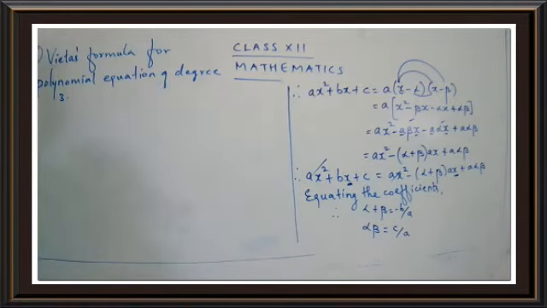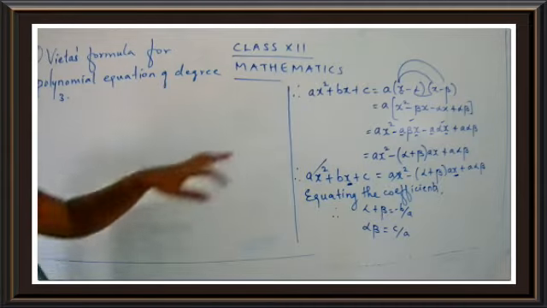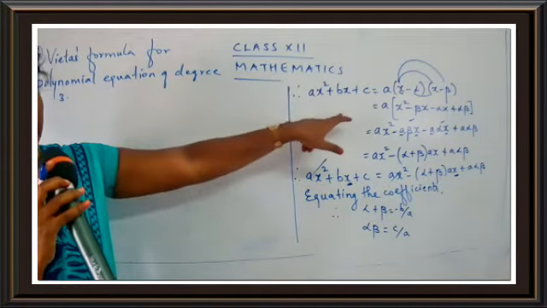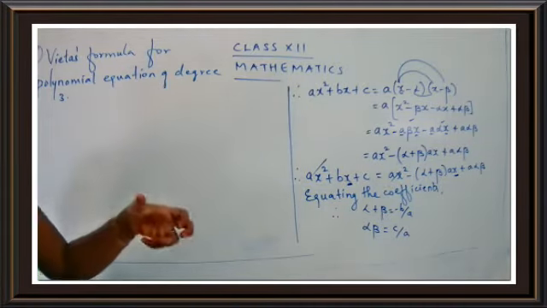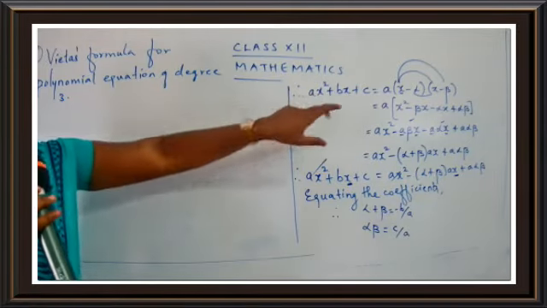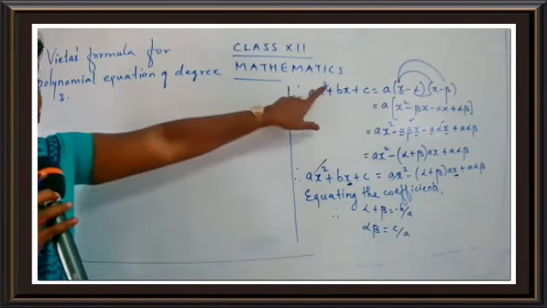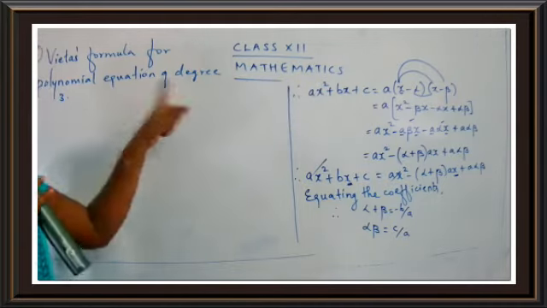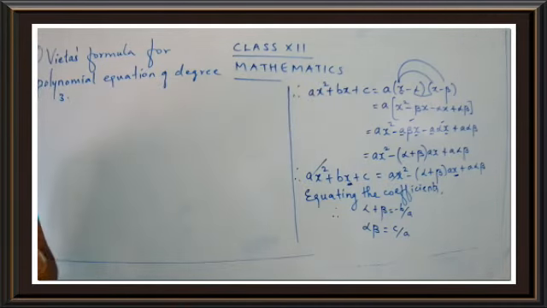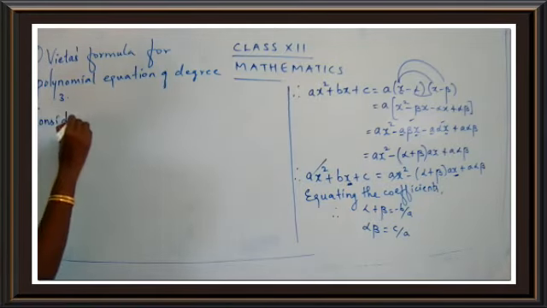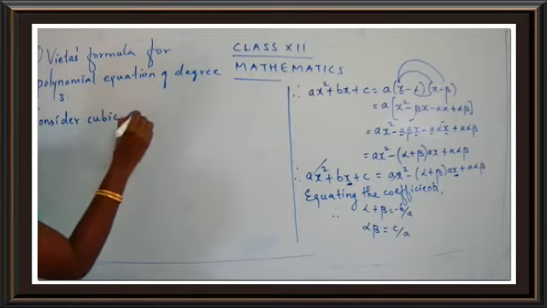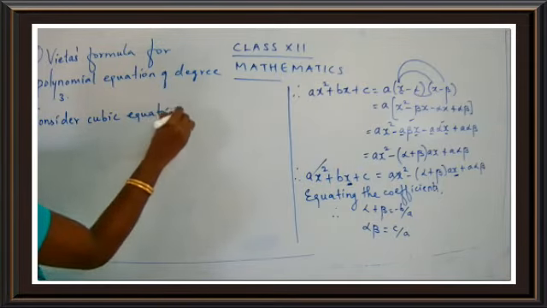So first of all, we have to follow the same steps that we followed for the previous one. For the quadratic equation, we considered the equation as ax square plus bx plus c. Here we took 2 as the highest power. For degree 3, the highest power should be 3. So let's go for the cubic equation here. Write down. Consider a cubic equation.